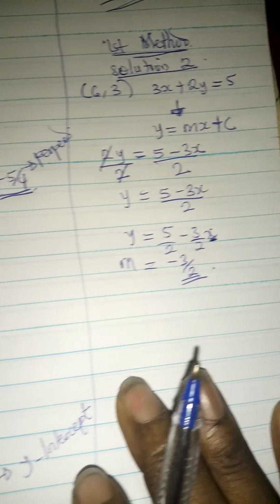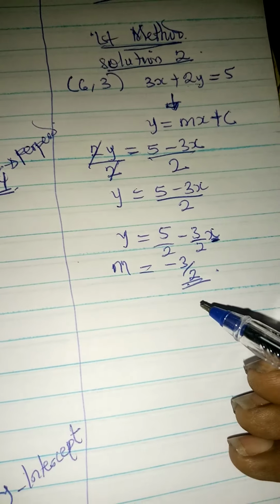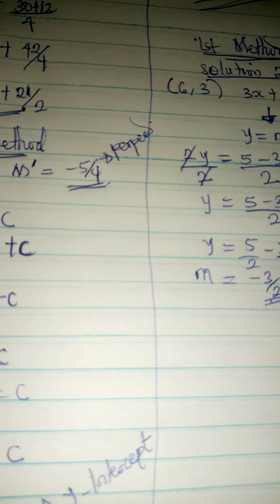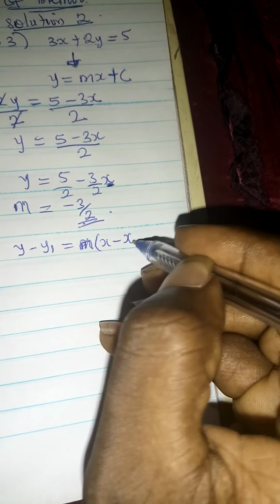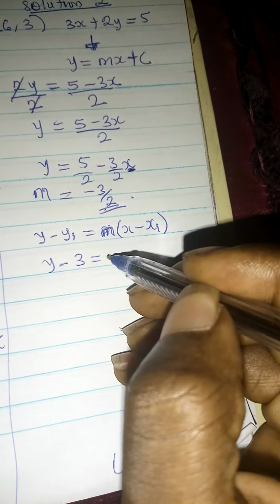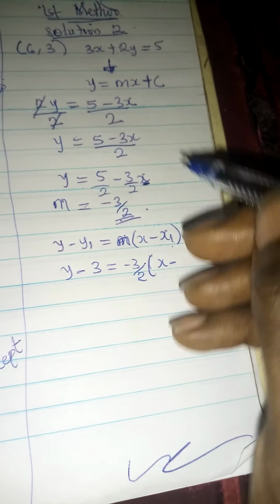But the question states parallel to the line. So this time around, the slope remains the same. Unlike the perpendicular, where you have to take the negative reciprocal. So the slope remains the same. So that means you can continue by applying your formula by saying y minus y1 equals to m into bracket x minus x1. Then we have y minus, what is our y1? Our y1 is 3. That is the second value there, equals to, what is our slope? Minus 3 over 2, and x minus x1 is